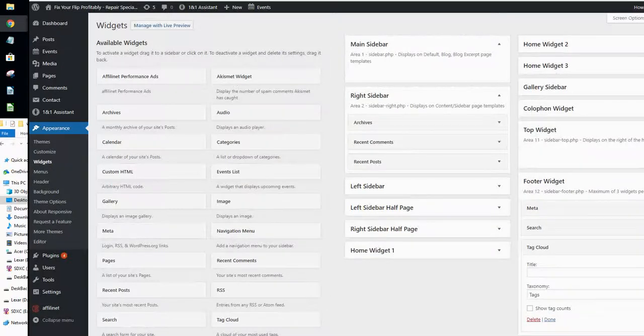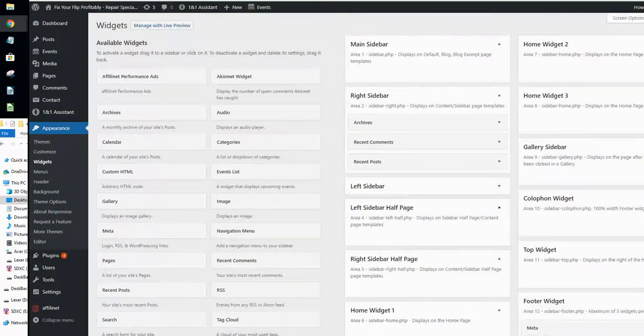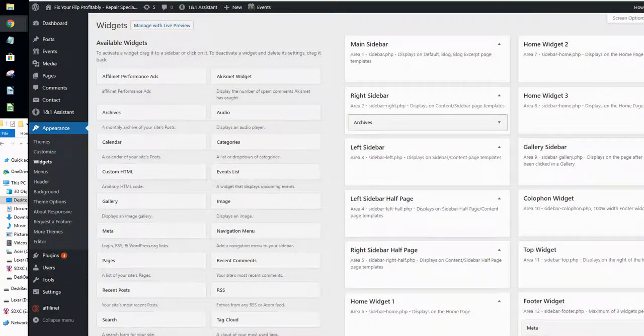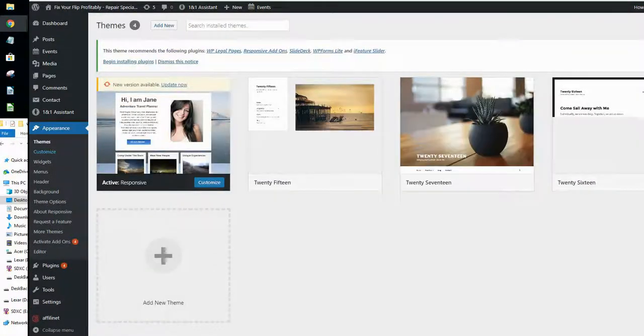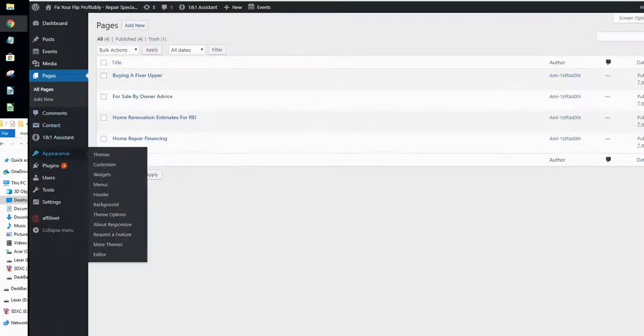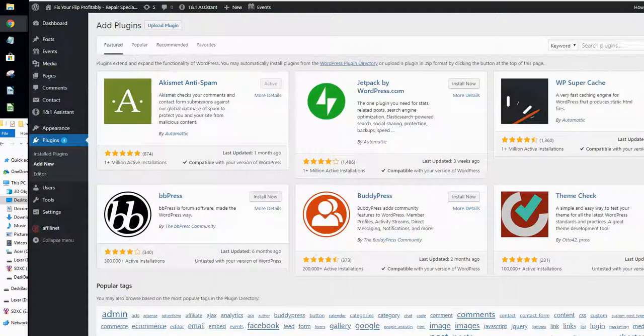Top widget, no. Color font, gallery, home. None of these really have anything on it, which is good because that's just stuff you'd have to remove and start over with. Left sidebar, right sidebar. We're not really going to use the sidebar, so I'm going to pull all this stuff off. Main sidebar. So now we should have a clean page. Let's go and get out of appearance. And we will go into plugins. So let's add some new plugins. Now, some that I always like are